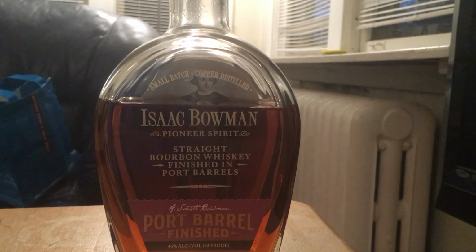This has so much more complexity to it. It has so much more body. This whiskey by itself could put Bowman out of business. 100%. And if Bowman made this, I'd buy Bowman in a fucking heartbeat. Yeah. Like, this...